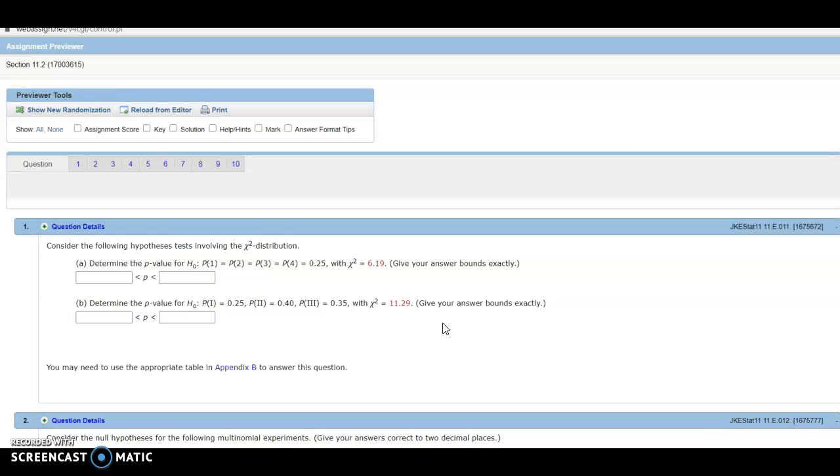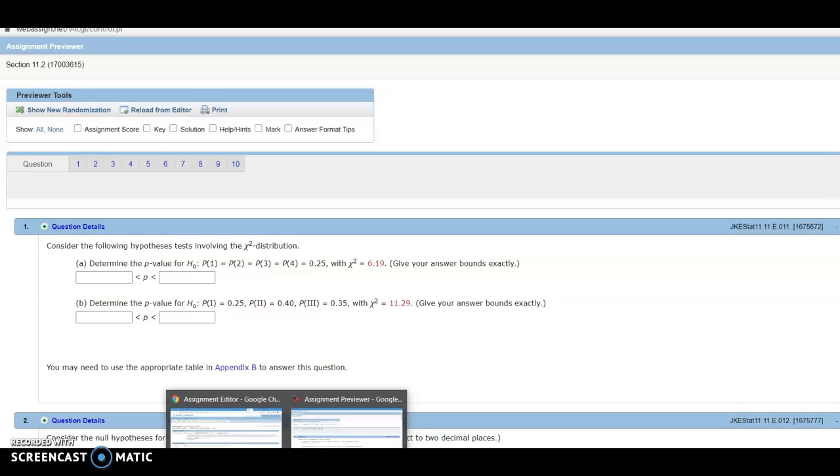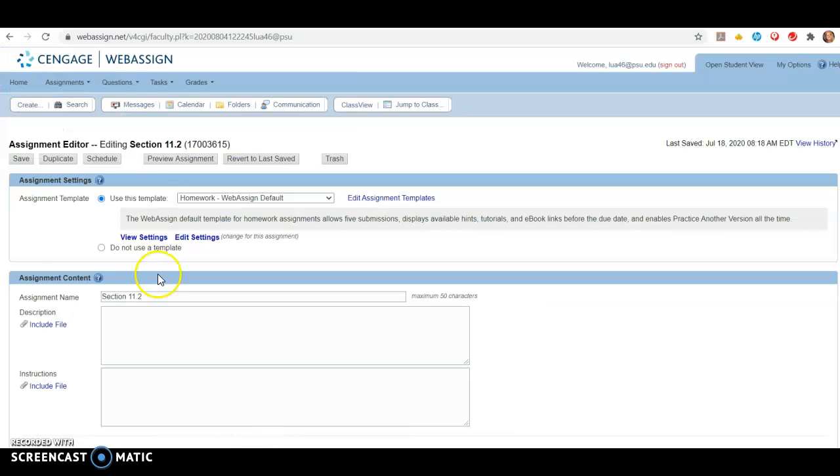So here's a question in our web assignment that says, determine the p-value for the null hypothesis that says that those four proportions are all the same and so equal to 1/4 or 0.25. And if we get a chi-square value equal to 6.19, how do we go about determining the bounds for our p-value? What we have to do is go to our module that contains the